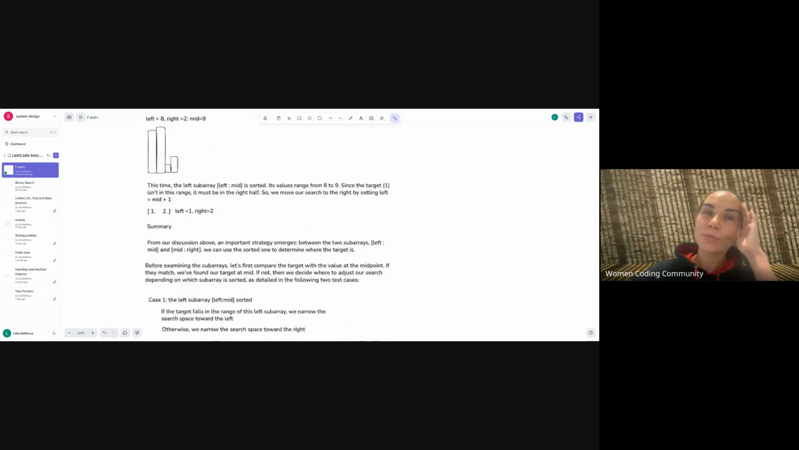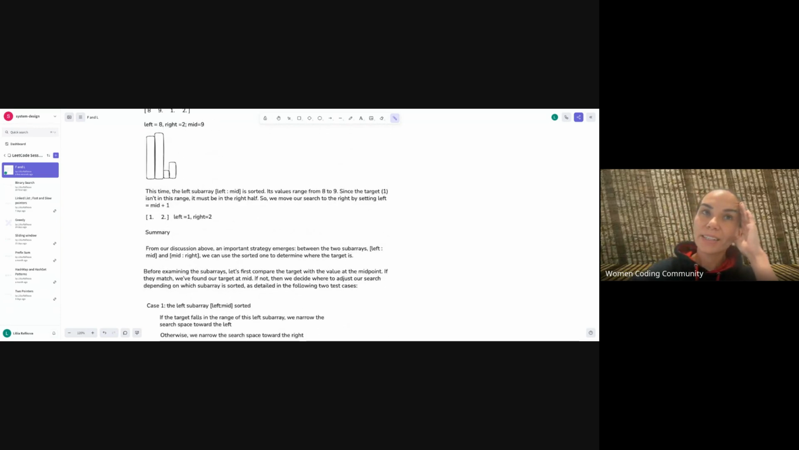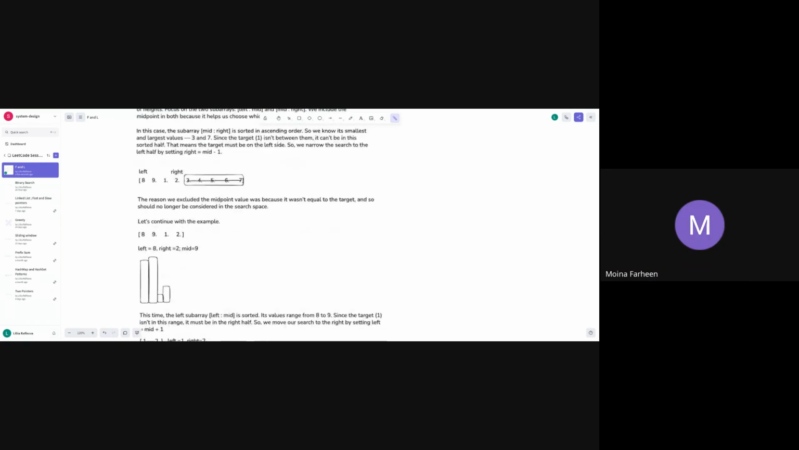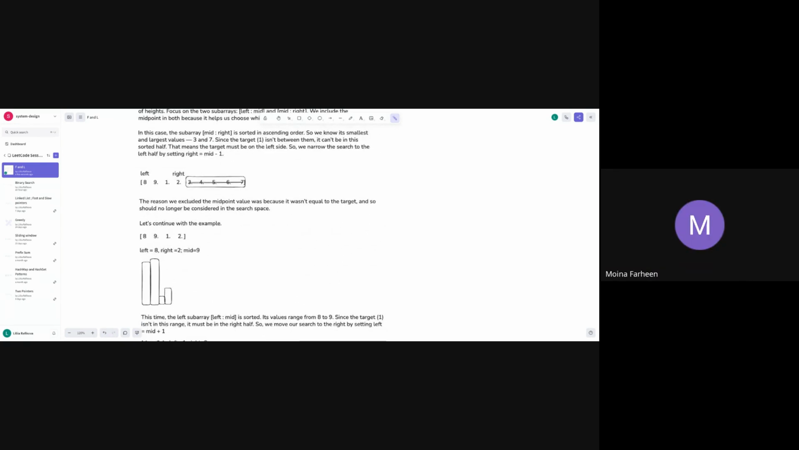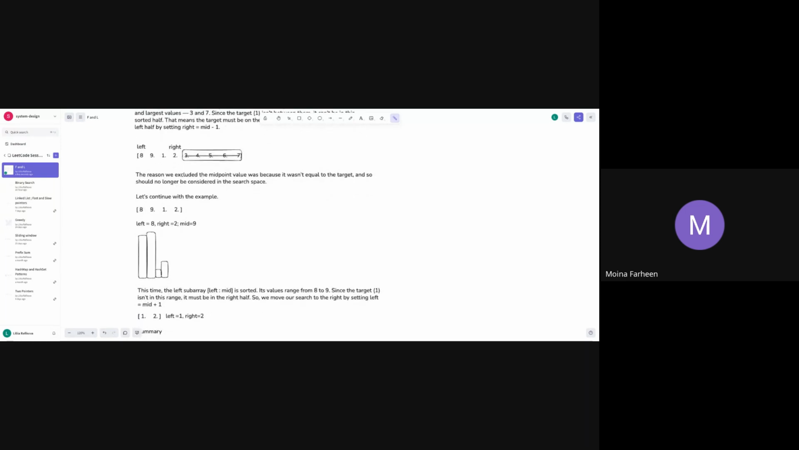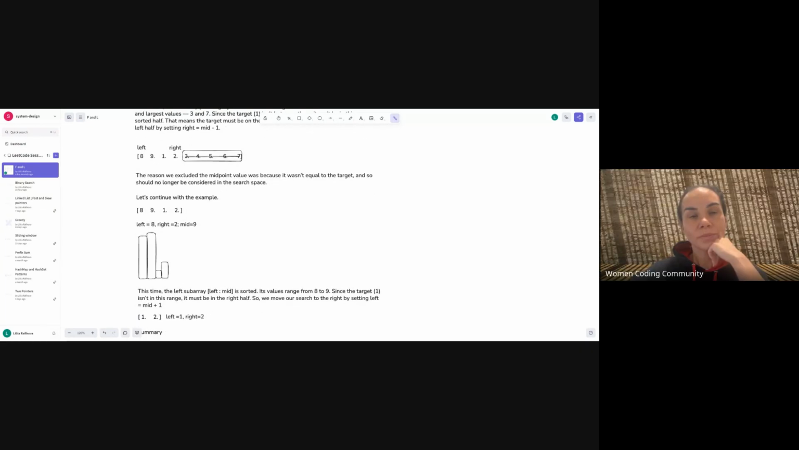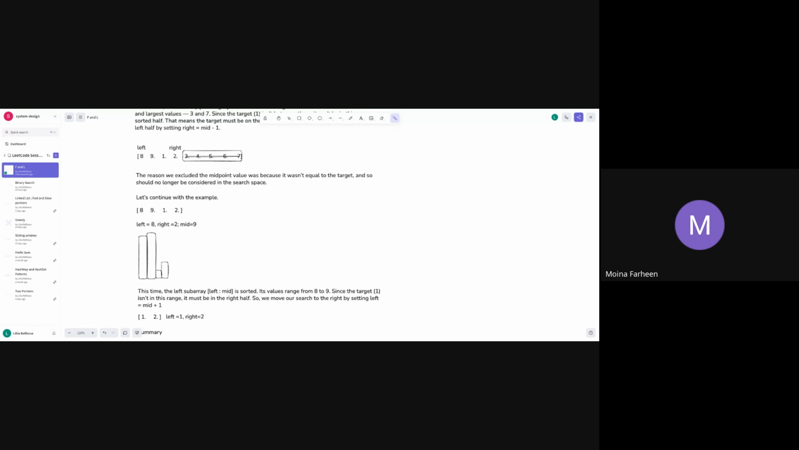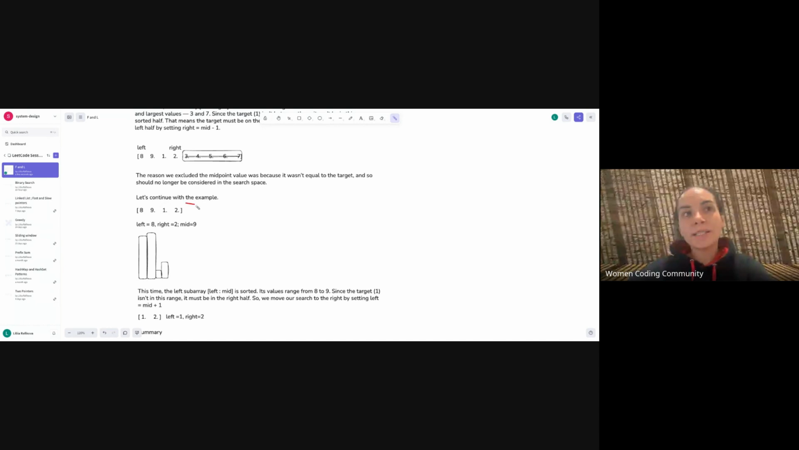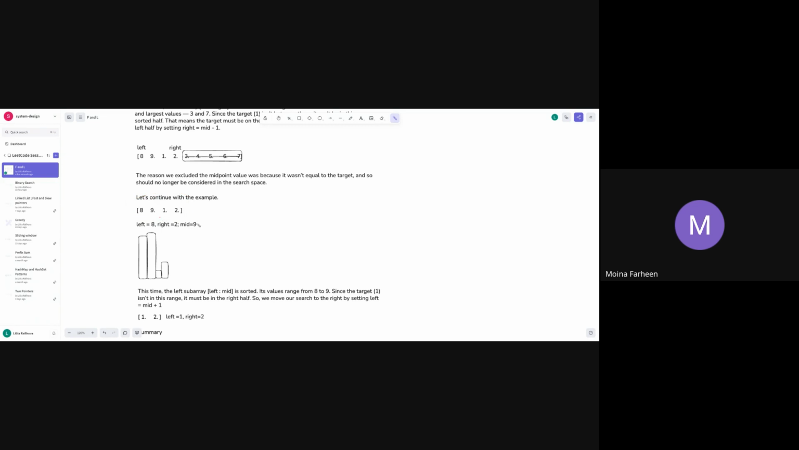Let me think how to explain it better. I understood the point where we removed that 3, 4, 5, 6, 7. What I didn't understand is from those 8, 9, 1, 2, how did you then shrink to 1 and 2? Because it is our second iteration, right? Correct. But how do you know you have to narrow the search on 1 and 2 and not 8 and